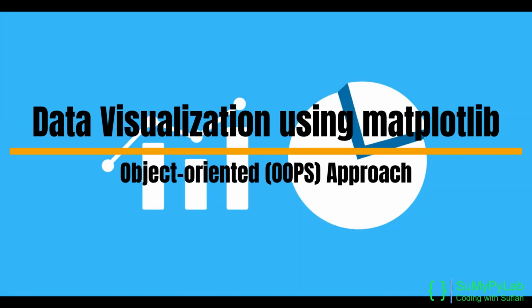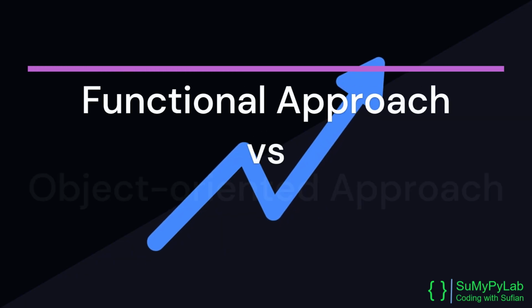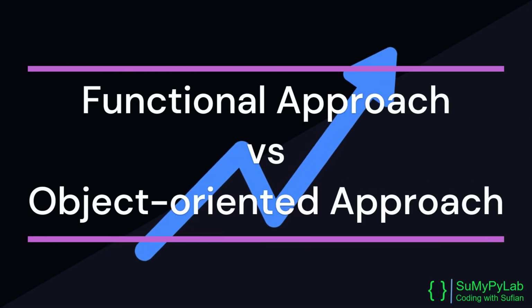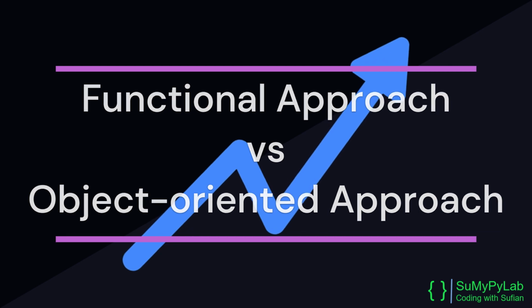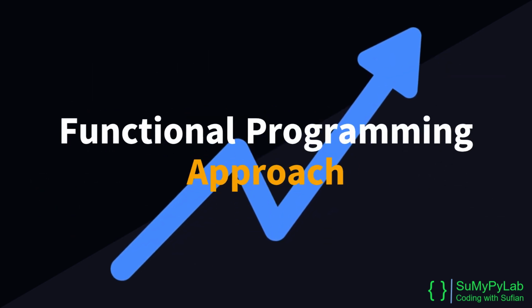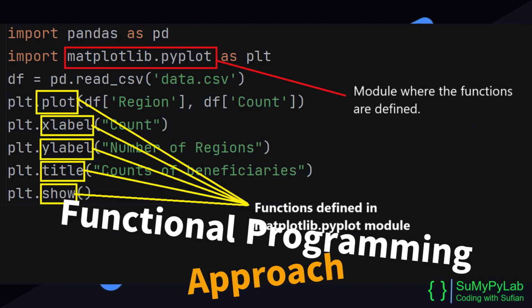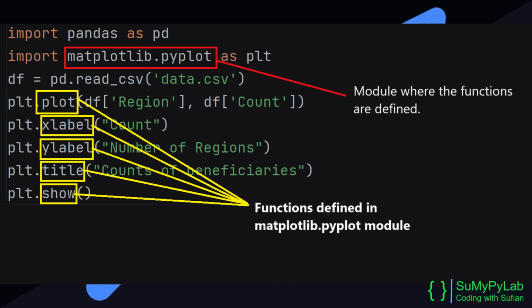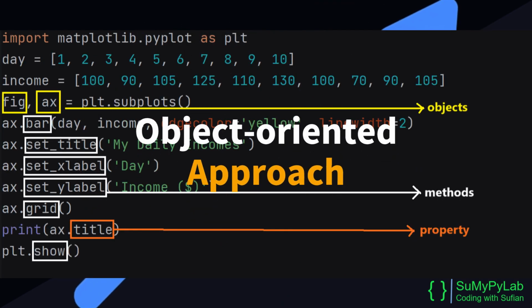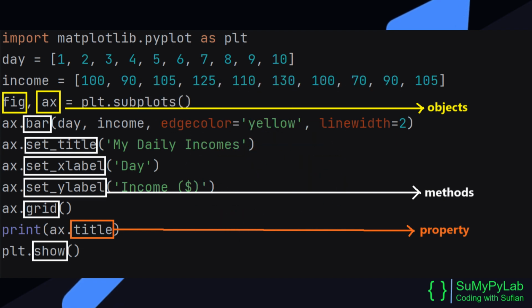Data visualization using Matplotlib, object-oriented approach. In Matplotlib there are two different approaches for plotting, functional approach and object-oriented approach. The functional approach is based on the functional programming paradigm where a program consists of a number of functions. But the object-oriented approach is based on the OOPS concept where everything is an object, and objects have both data and